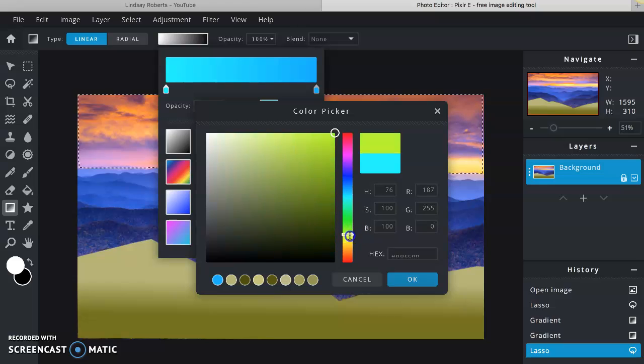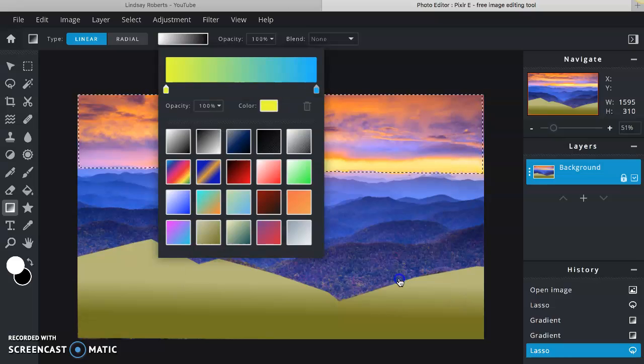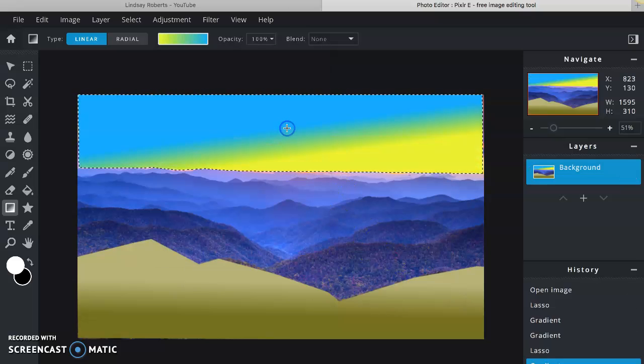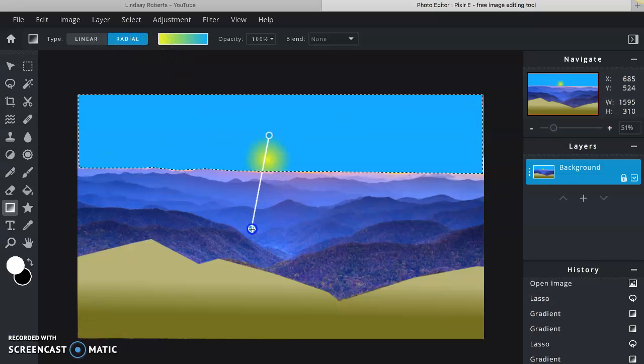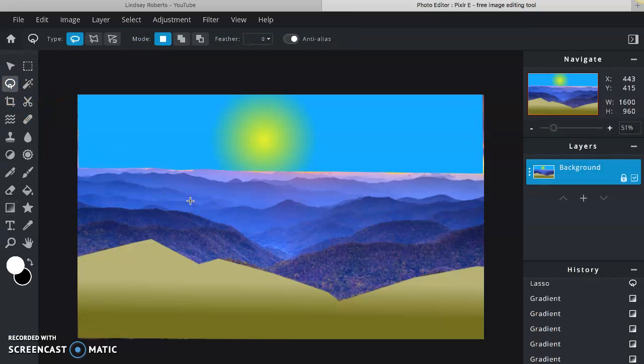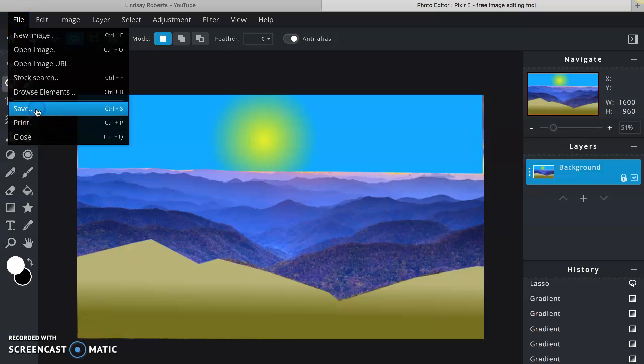Okay, I'm going to change it here so it looks like a sun, and I'm going to click radial. Maybe it can look like the sun in the sky. I want you to play around with this and change a couple of things about your image. I'm going to keep going and adding different colors into the mountains so I can change it up a little bit more. When you're done, you can file and save